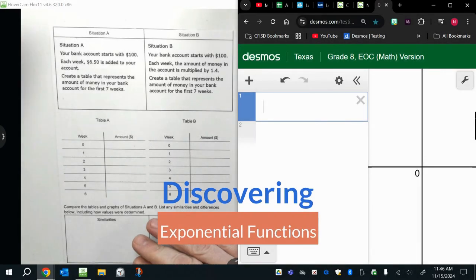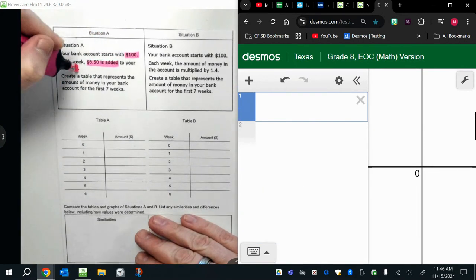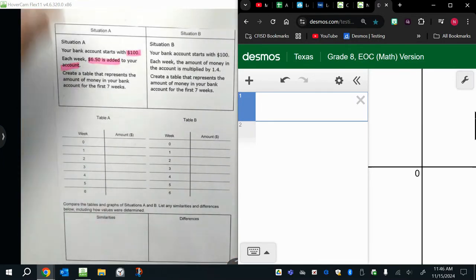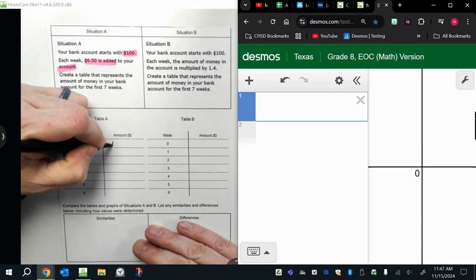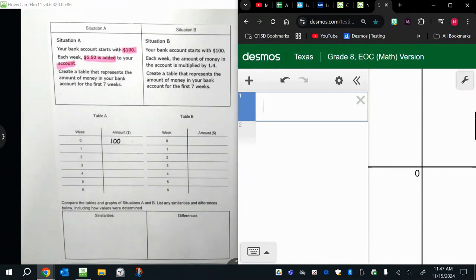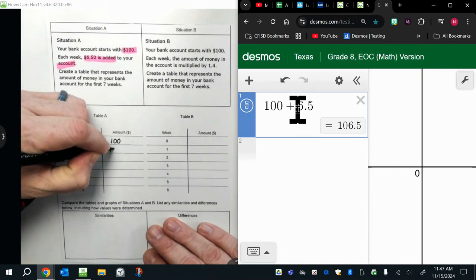Your bank account starts with $100. Each week, $6.50 is added to your account. Create a table and what that would show for the first 6 or 7 weeks. So at 0, we said we have $100. Right? And then we said, well, if I take this $100 and I add $6.50, then that's going to tell me